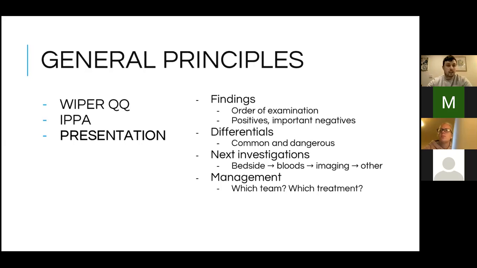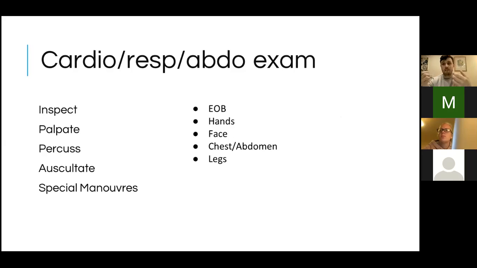So we've discussed this already. With cardio, respiratory, and abdominal examination, you would inspect the patient from the end of the bed. With that, I would comment on whether the patient looks well, if they don't look well, if they look short of breath, if they're speaking in full sentences, and if they've got anything suspicious around the bed, such as a frame or stick, inhalers, or nebulizers at the side of the bed, anything semi-medical or anything at all. Just comment on it if appropriate.